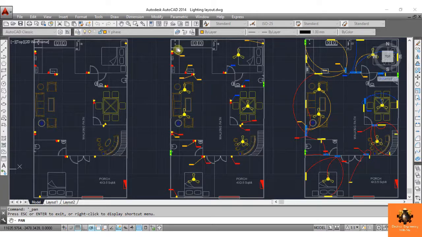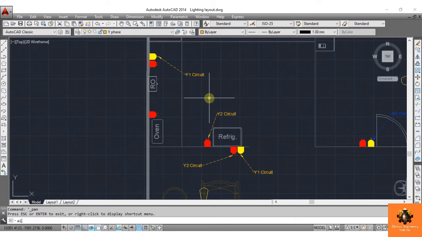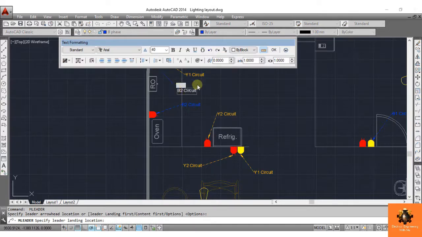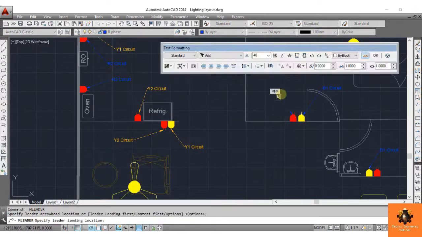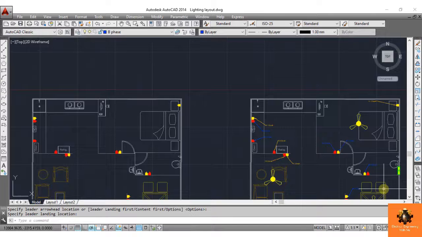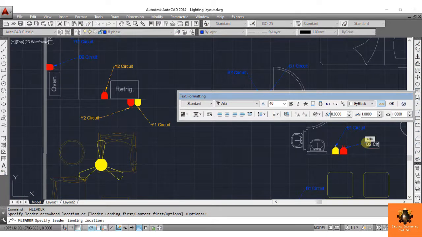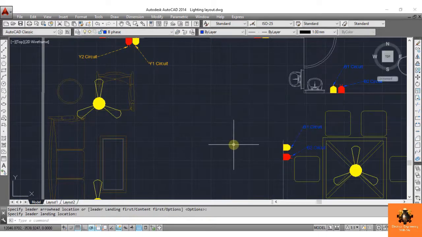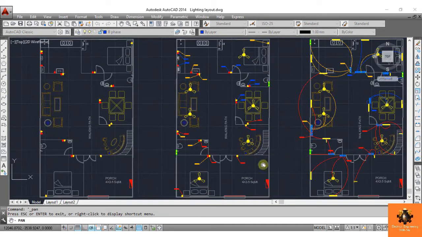Okay, so write the circuit name. Clear? So this is the way to draw the wiring layout.